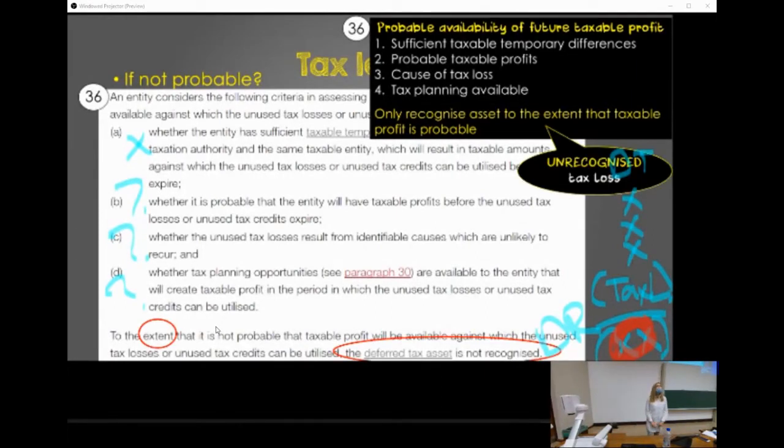So what paragraph 36 tells us is when we can recognize that deferred tax asset, if we include it in our deferred tax calc,